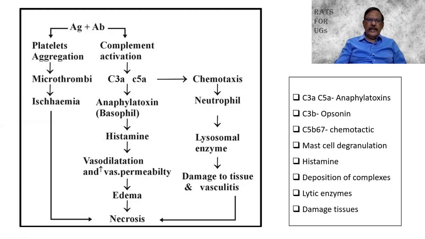Almost the same story we had seen in type 1 hypersensitivity, where histamine is being released, vasodilatation, etc. But here it is localized. That is why Robbins says R.A.T.S phenomenon can be considered as a localized form of anaphylaxis. So these are the important keywords that you shall memorize and remember. What are the anaphylatoxins? What are the opsonins? What is the membrane attack complex? What is the mast cell degranulation? Histamine release, lytic enzymes, and damage to the tissues. This you shall be remembering. A wonderful couple of squares which is of paramount importance.